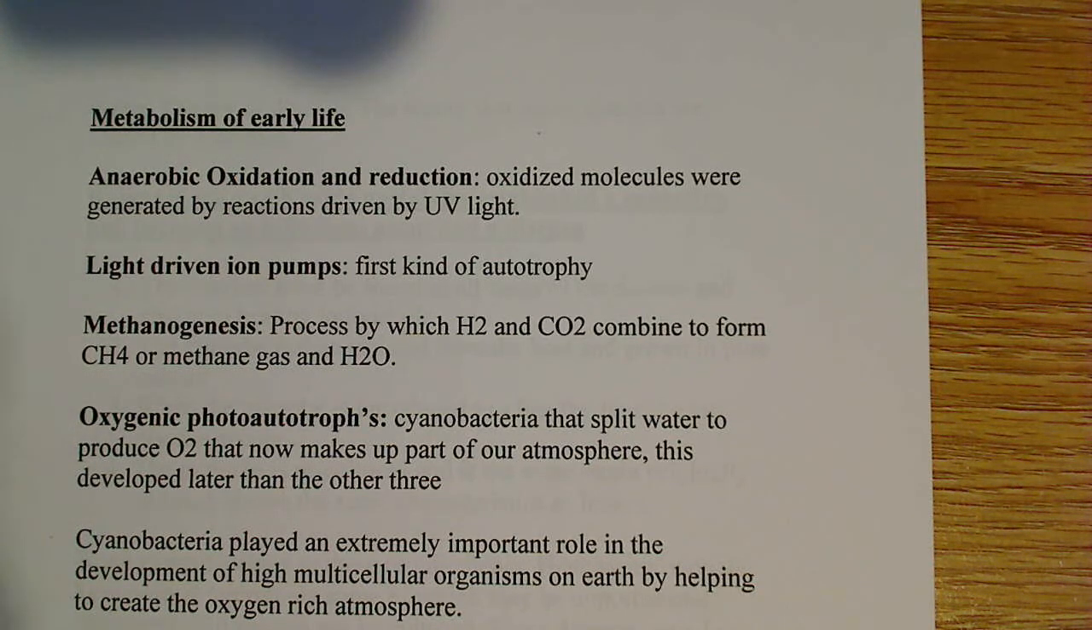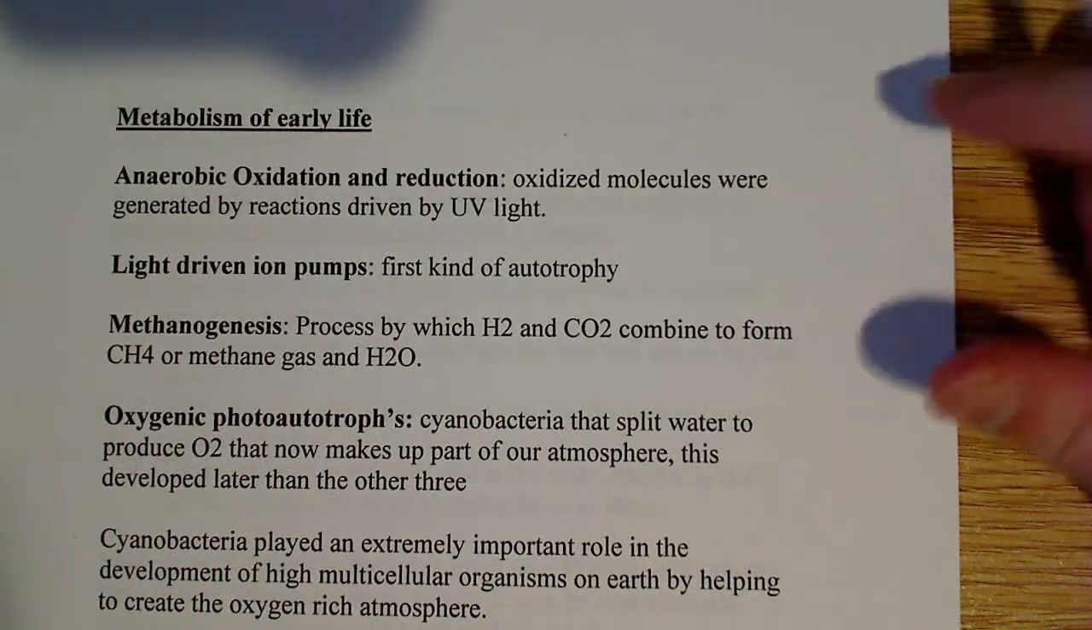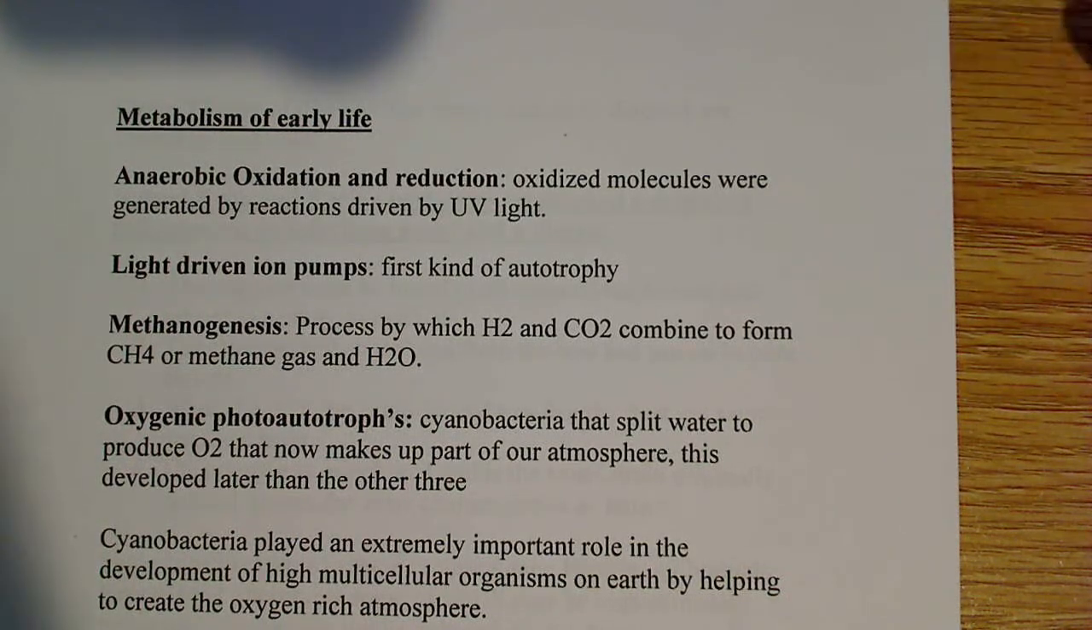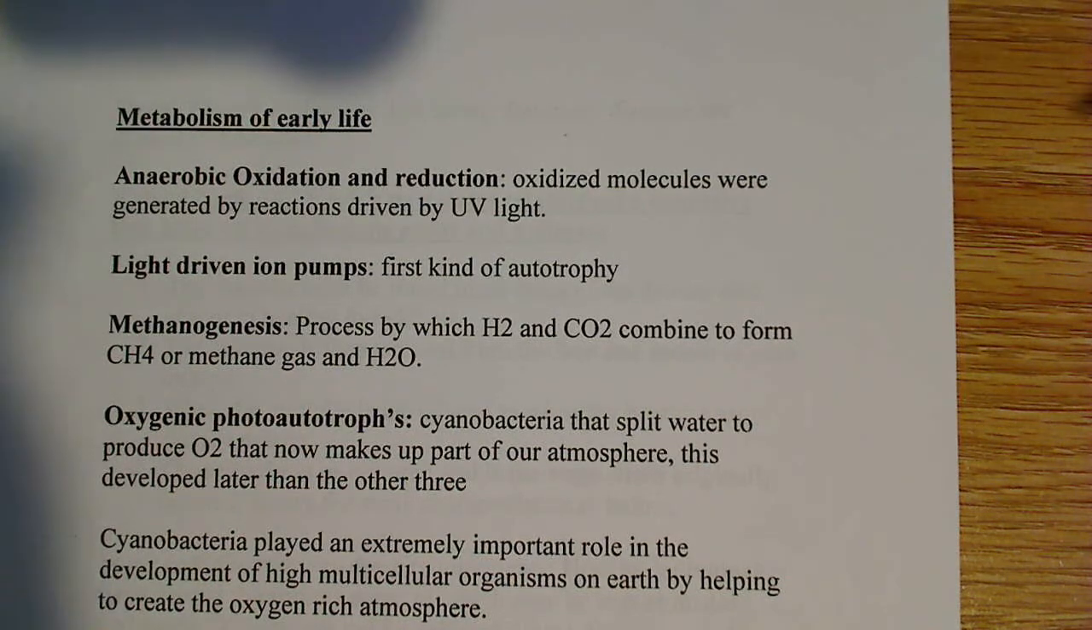The early Earth did not have a great deal of oxygen. It wasn't until the cyanobacteria really took over and created the oxygen-rich atmosphere we have today. So oxygen wasn't available. So what did they do? They had to do some kind of metabolism. So what they ended up doing was just anaerobic oxidation and reduction, okay? Anaerobic oxidation and reduction. So they oxidized molecules and